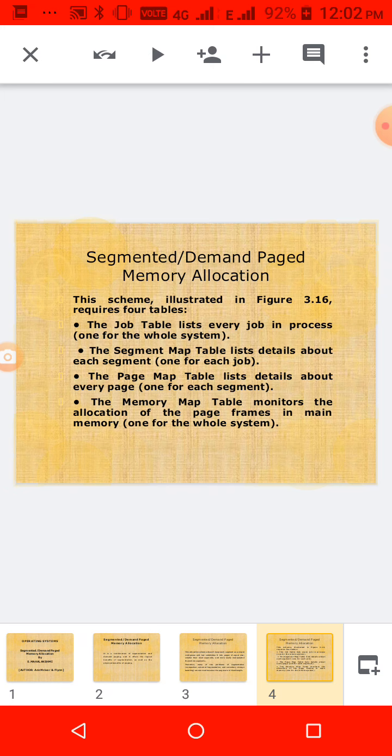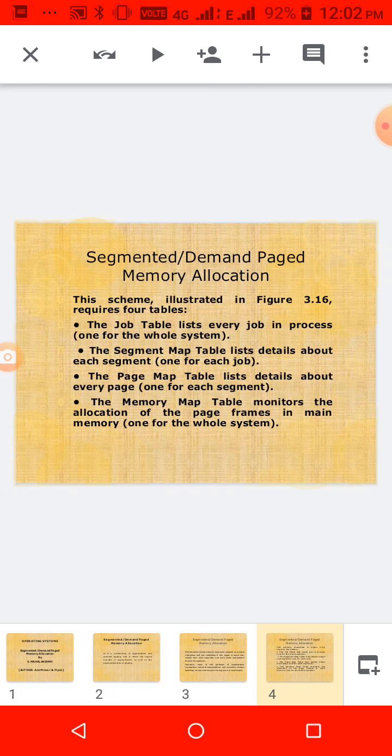Here are the tables we need in segmented demand page memory allocation: the job table, the segment map table, then the page map table, and the fourth one, the memory map table. The job table means all the job details in the system are stored in the job table.